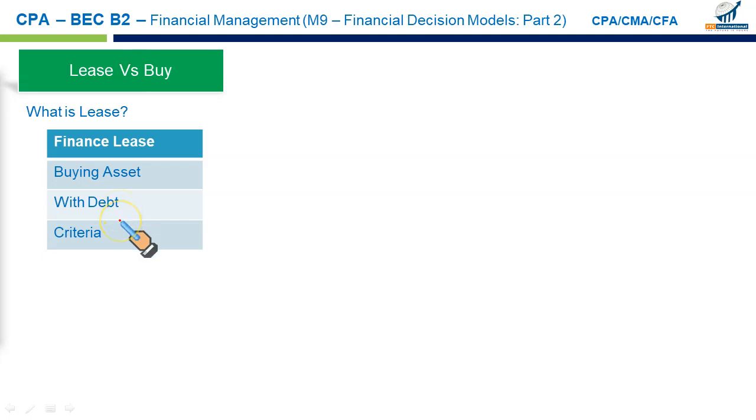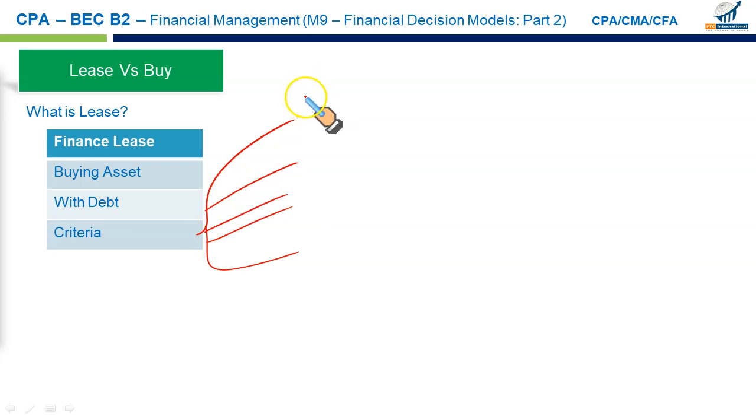And there are of course 5 conditions. If any of these conditions is met, the lease is classified as a finance lease. Let us just briefly discuss. It is not essential to discuss these here, but let's just have a quick overview. If the lease contains the transfer of ownership, then it's a finance lease. If there is a bargain purchase option and the lessee is most likely to exercise this purchase option, it's a finance lease.